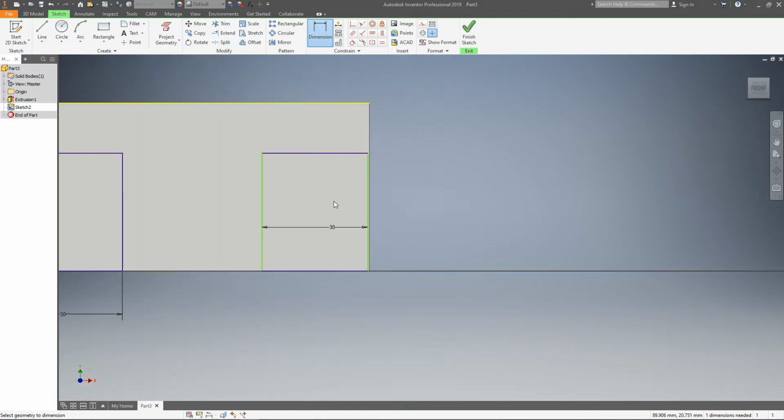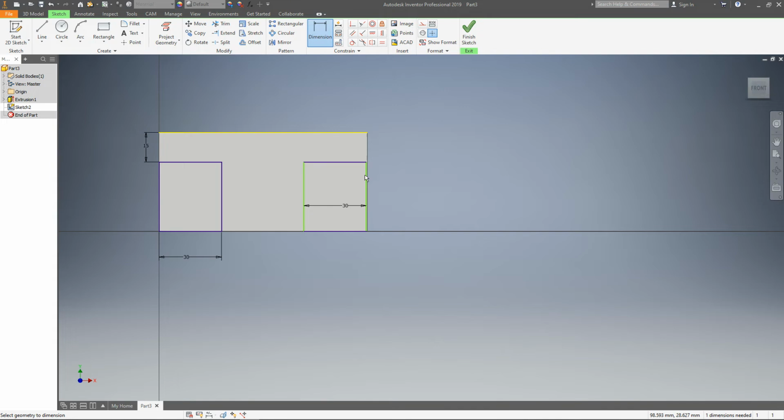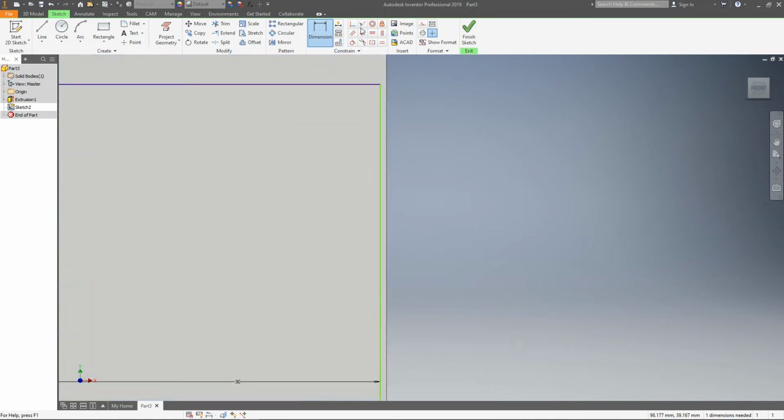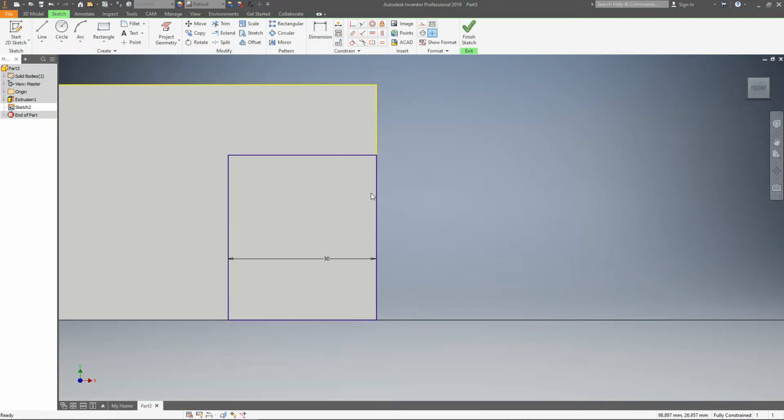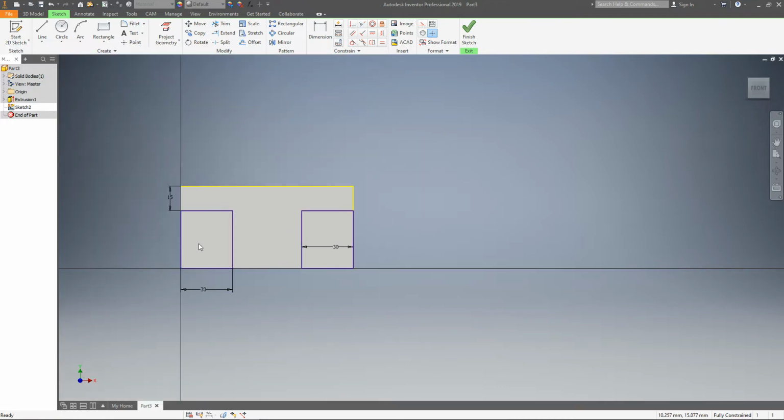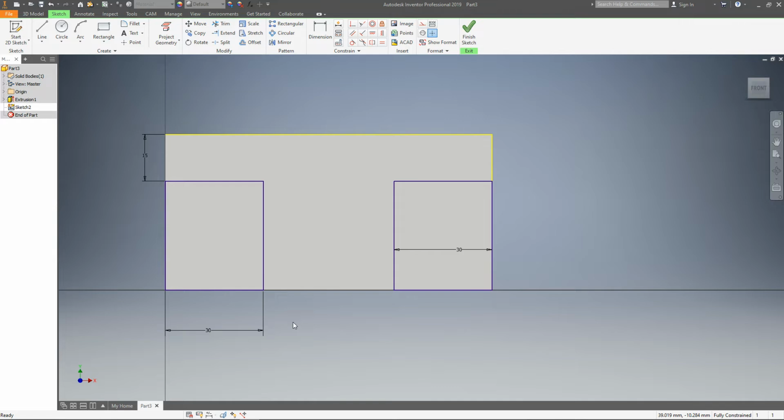We're going to make this edge and this green line, and I'll zoom in on that. We're going to make that collinear because it needs to be. So we're going to click on that and click on that. It's now collinear. Okay. So 30 and 30, 15, and that should work, except for